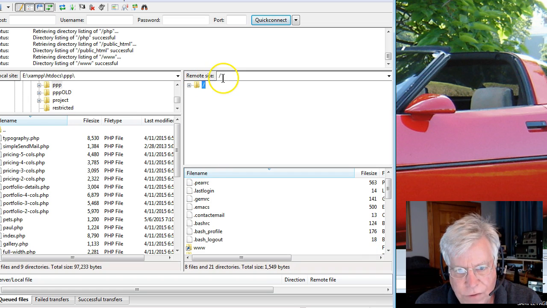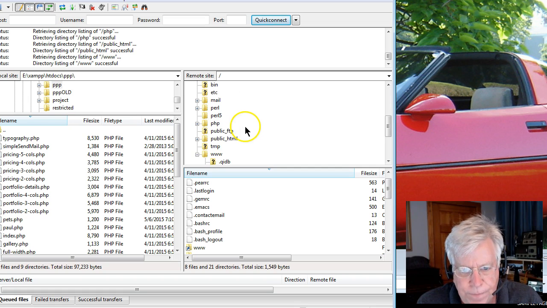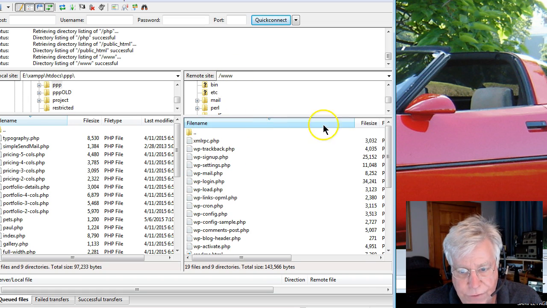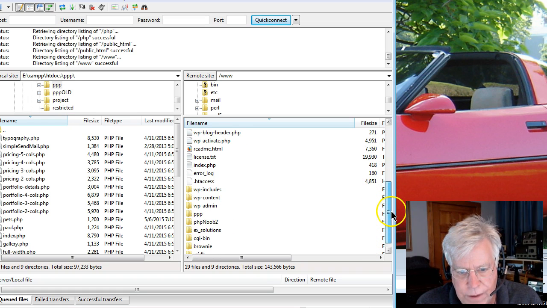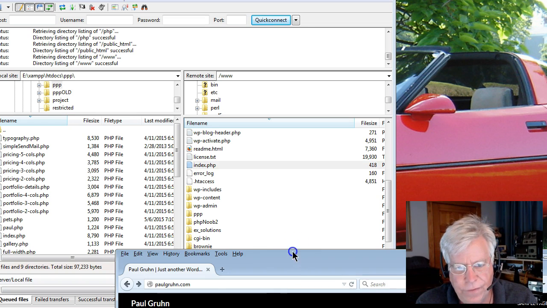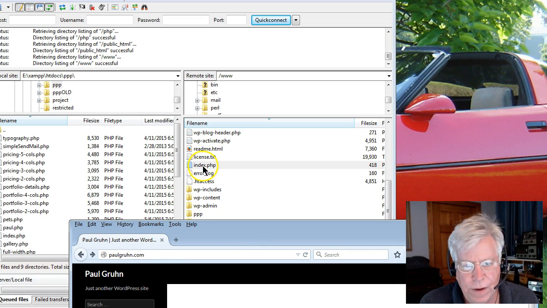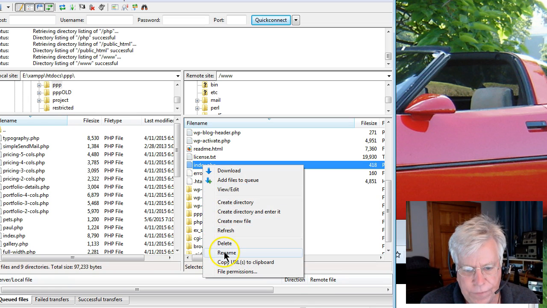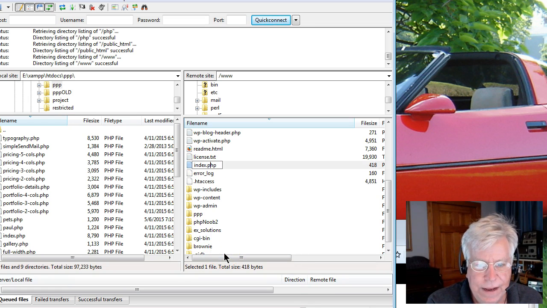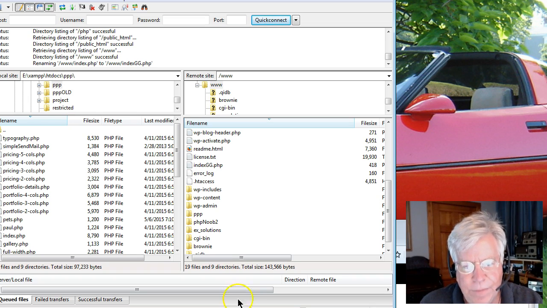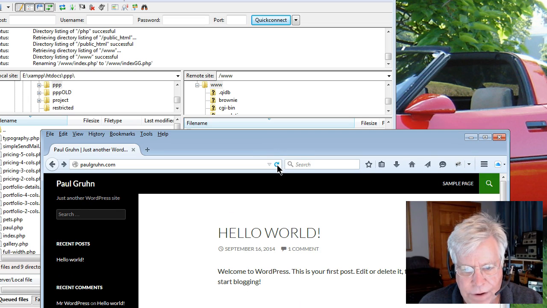You don't want to be at this root directory here. You need to really be sure that you open this up and you double click and you're in www. That's your starting point. Now, for instance, this index.php page, that's the file that's creating this WordPress site. So if I was to right click on it and just rename it real quick, and it happens a lot of times, I'm going to go GG. So I've renamed it. And now if I refresh the page,